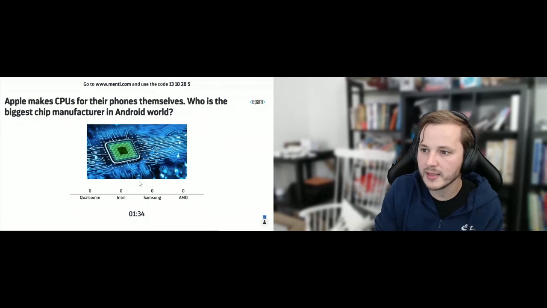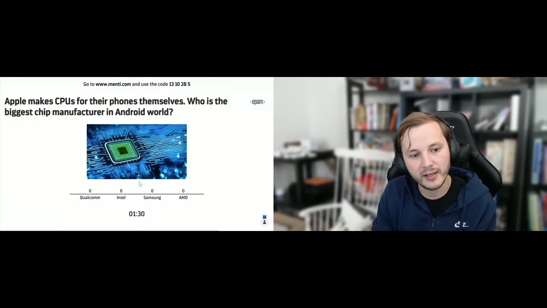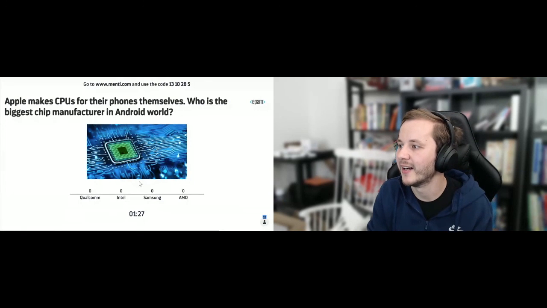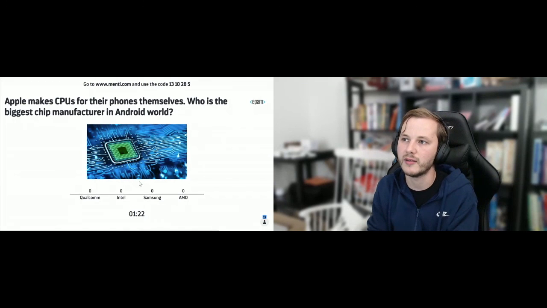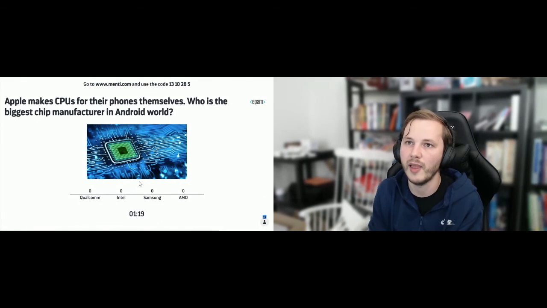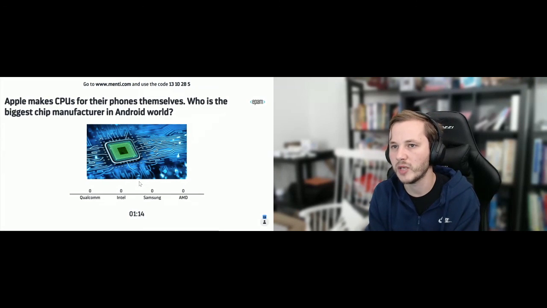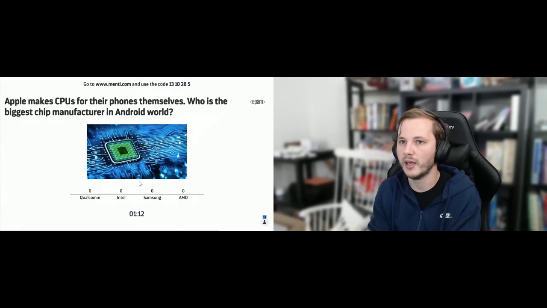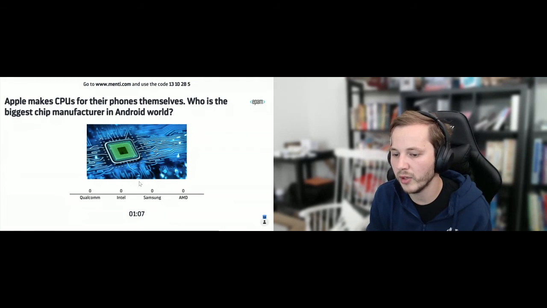Or Samsung. They do have their own chips, but are they the greatest? That's the question. And also a lot of other companies that are just trying to enter the smartphone world and create a flagship or middle range or budget phone. They utilize chips from this manufacturer. And throughout the years there were a bunch of different ones. Texas Instruments did their chips at some point, but this